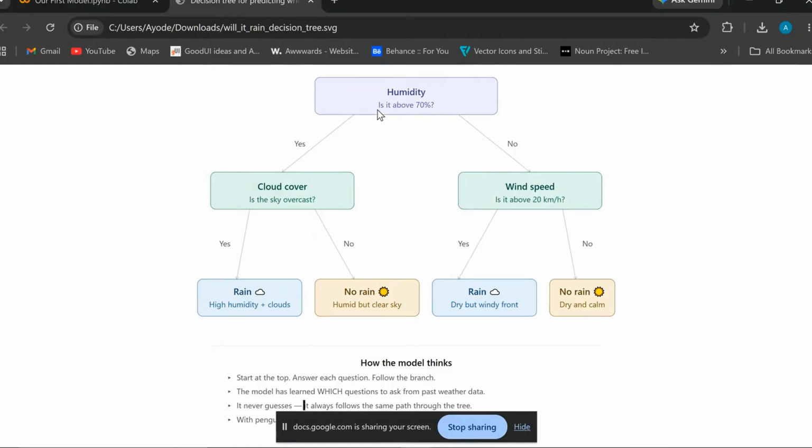Humidity: is it above 70%? The cloud cover: is the sky overcast? Wind speed: is it above 20 kilometers per hour? If it is yes, these are the questions that come into the model's mind. And if it rains, this is high humidity plus cloud. If no,